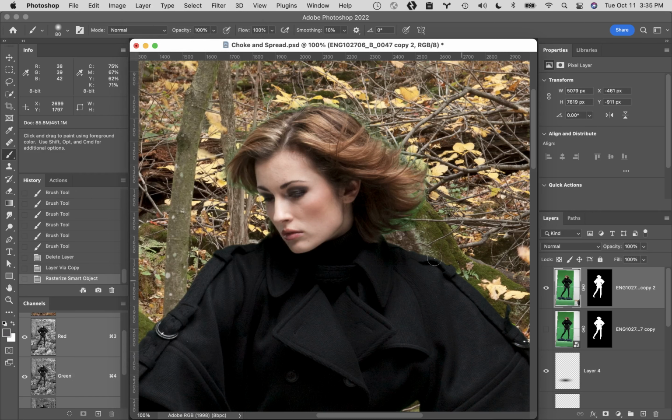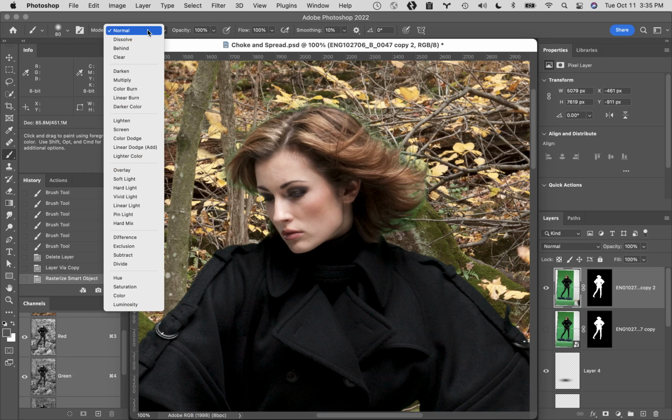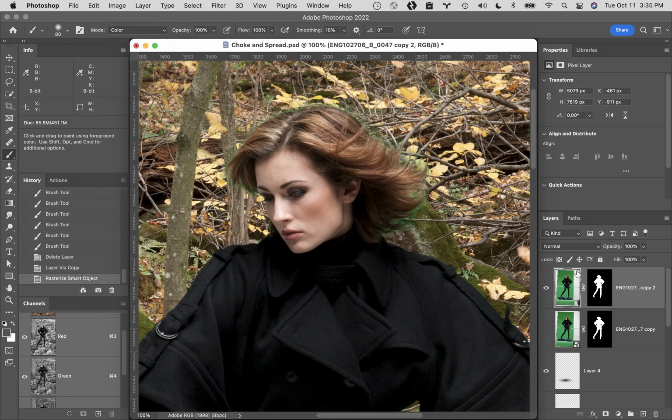It's no longer a smart object, so now I can paint directly on that layer. So again, my B key to get a brush. In this case, I would change my brush blending mode to color because the layer itself that I'm working on is set to normal, and then just do the same thing. We've done this before. Click on this to sample my color, and then simply go through and get rid of